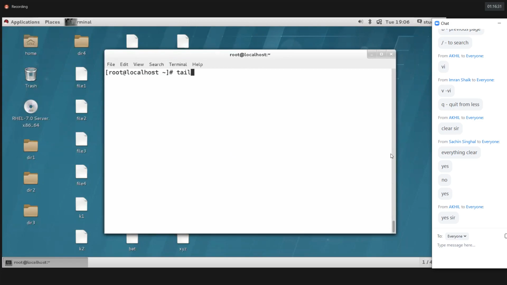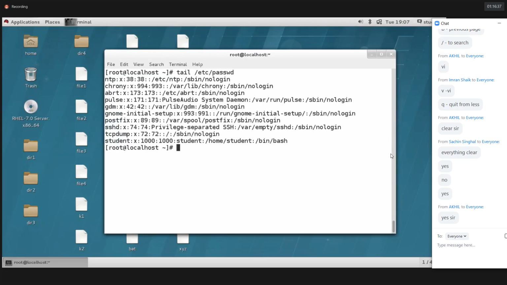Tail is a command. So tail, etc password, will print from the end, the last 10 lines. Like we have the file, from the end, the last 10 lines it is going to print.